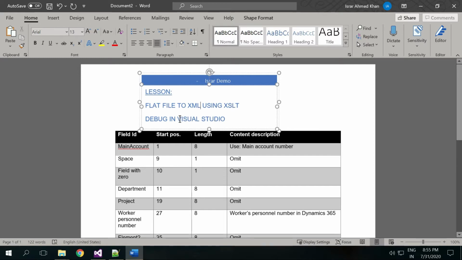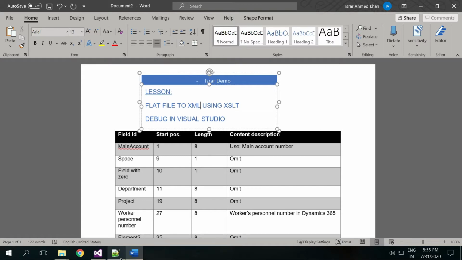But in order to debug, you need to have some hands-on tools or some knowledge where you can readily test your code. So we need Visual Studio for this, and I will be showing you how exactly you debug your code.